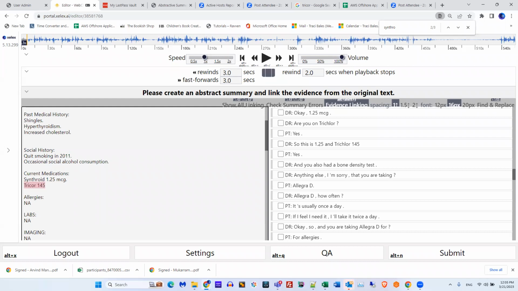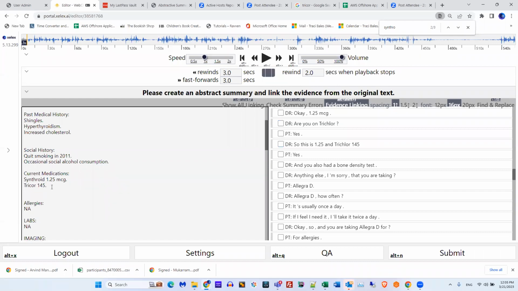She's on Tricor 145, but we don't see the milligrams. So don't assume that it's milligrams. I would just put this, Tricor 145. So, are you on Tricor? Yes. And then where she says 145, it says yes.